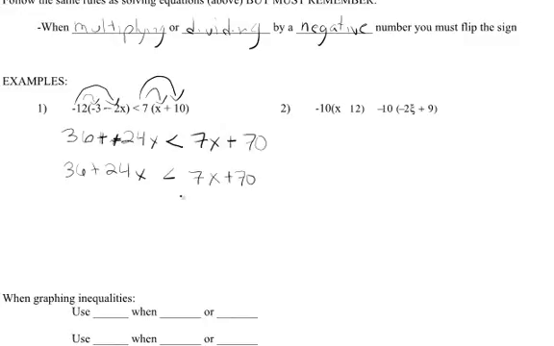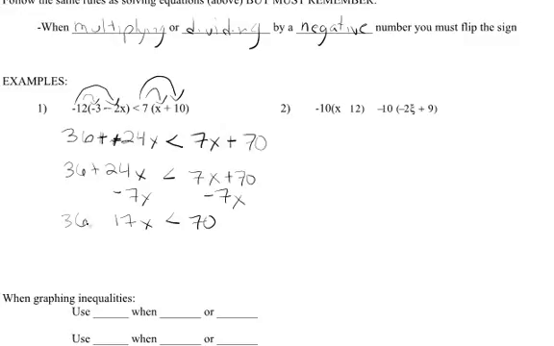Okay? Can we combine like terms? No, we don't have any like terms. So now we have to undo our operations. So let's see. We want to get rid of something. So let's get rid of this 7x. We're going to subtract 7x. So we've got what? 17x is less than